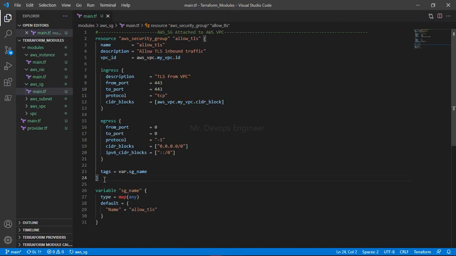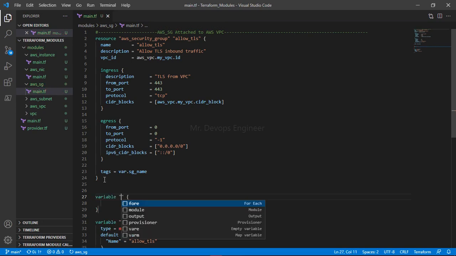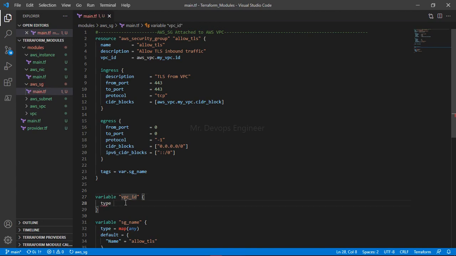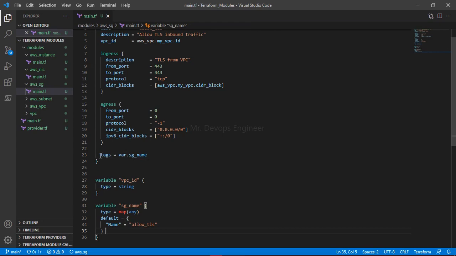In this security group also we have a field of VPC ID, right? So here also VPC ID, and we will just define the type. We will not define any default value here. So we have defined VPC ID, and leave the ingress and egress rules as they are. In the tag section I have provided the name of the security group, and as the tag is a type of map, I have used the same.